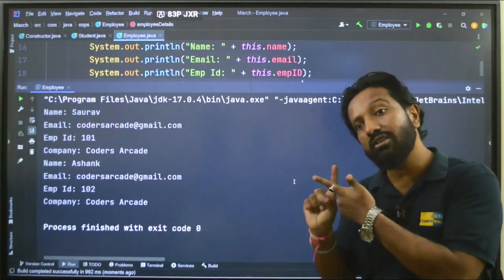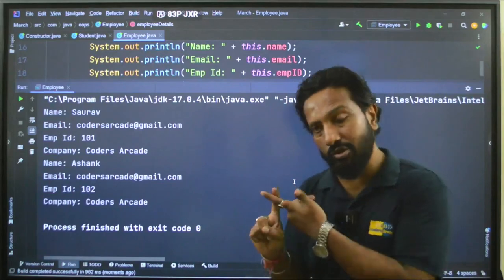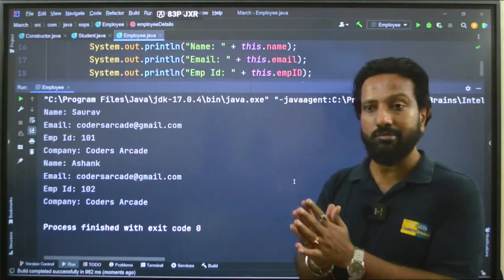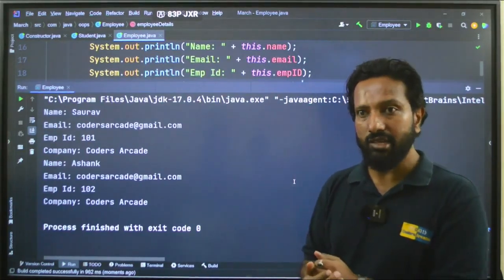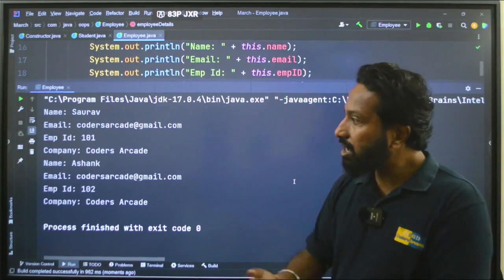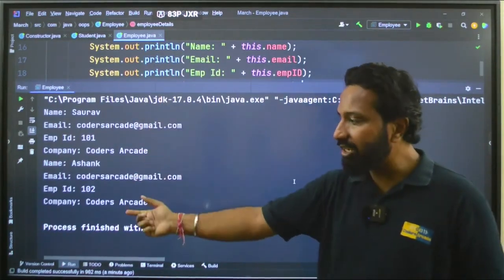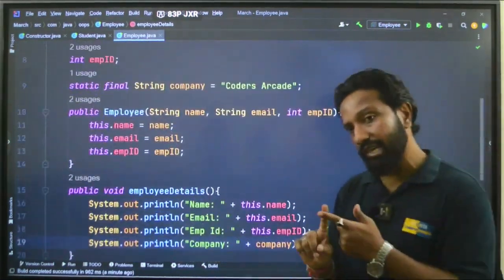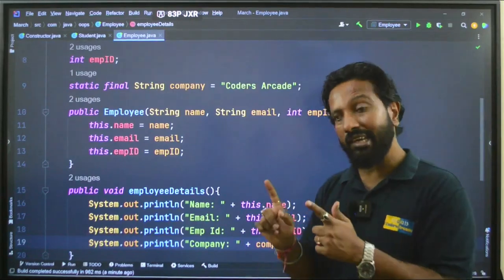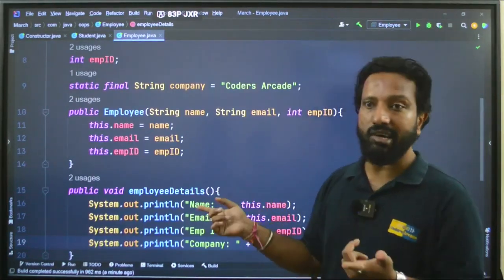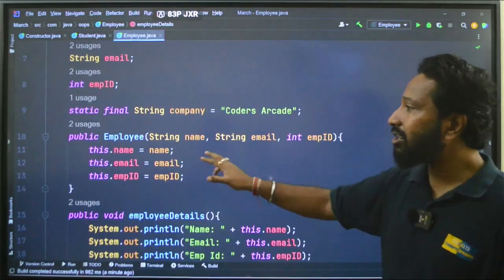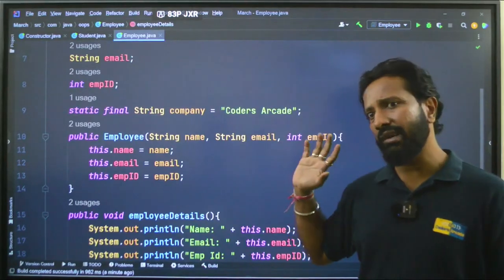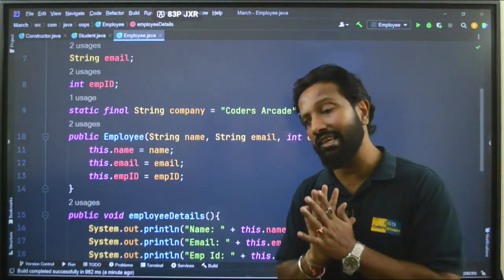Guys, there are lots of other applications of the final keyword. We will come to that, don't worry. And at the same time, you make it static, so that it is easily accessible without even having to create an object. Got it? And then you can easily make the code more efficient. Got it? Any parameter that is commonly assigned to all the objects, I am telling it again, make it static, and if it is not changing, make it final. Got it? That way you are not even having to forcefully write the same thing again and again in the constructor. Now I hope the constructor concept is very clear.